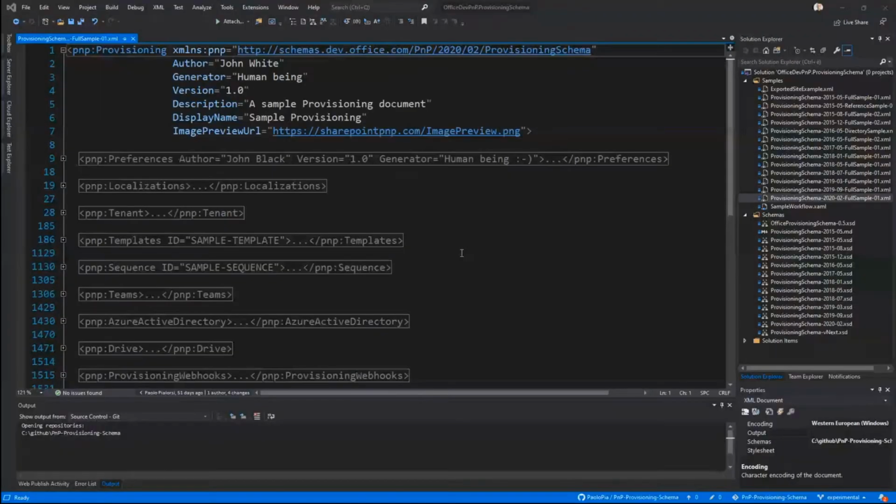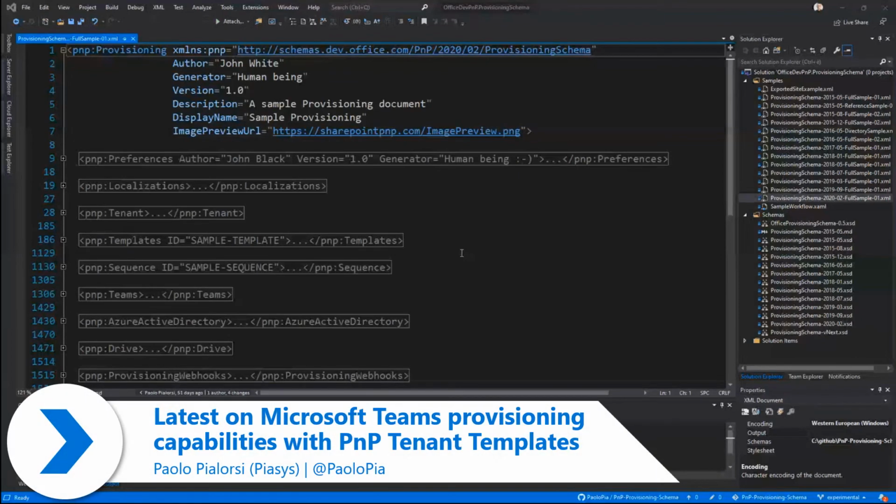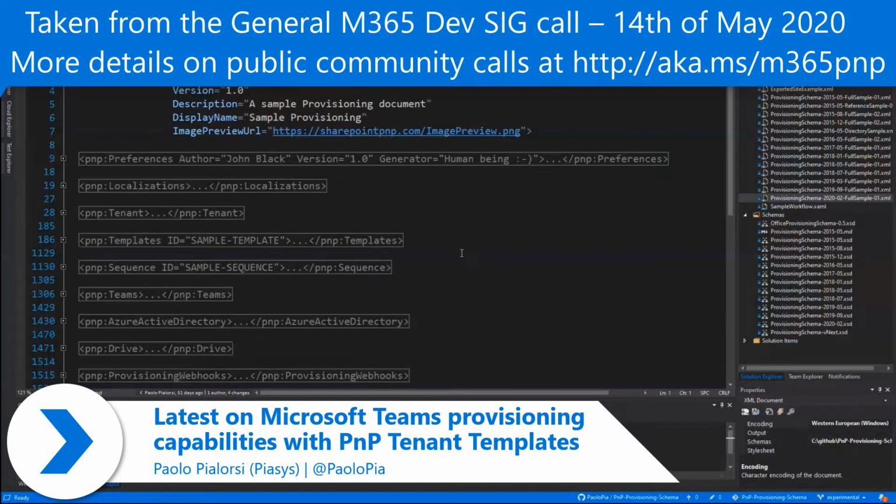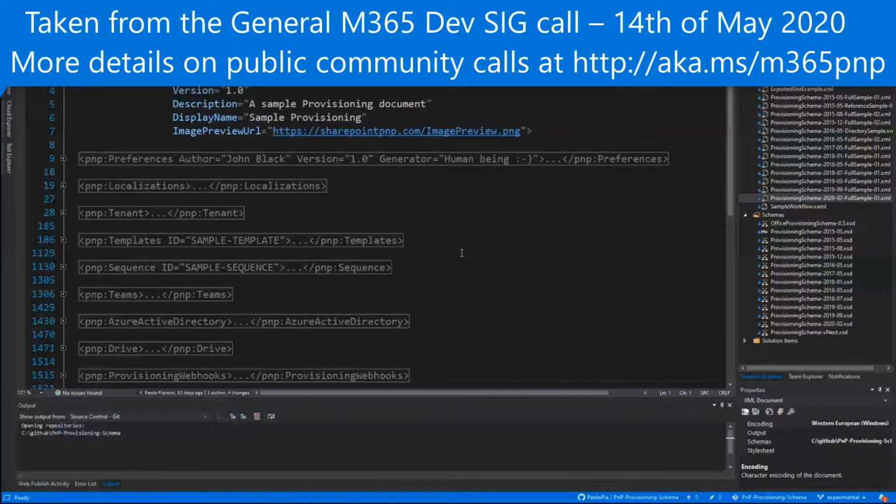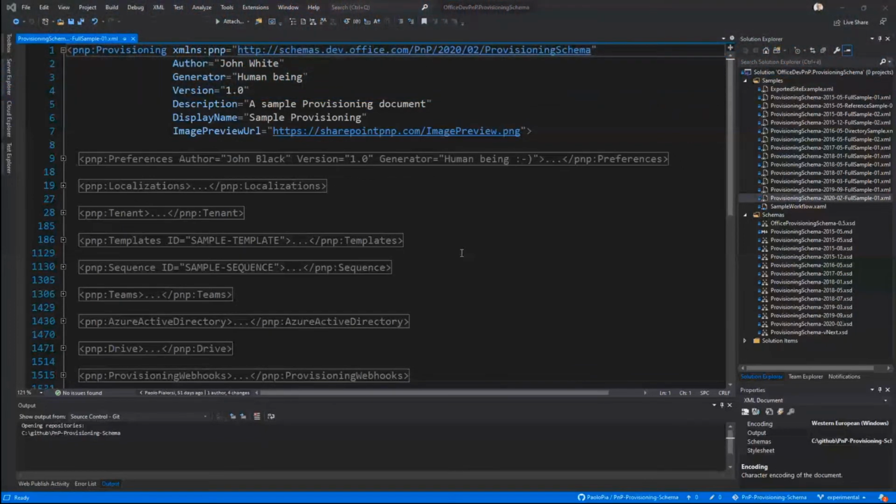Talk about provisioning, and specifically about provisioning Teams-related content. First of all, as a brief introduction, I want to let all of you know that since a few months ago, I think almost already a year ago, we introduced the capability to provision not only